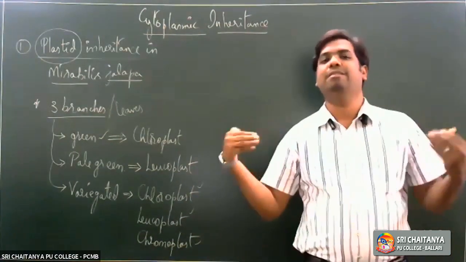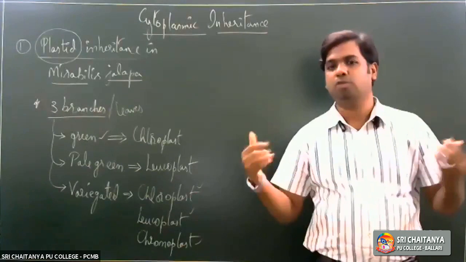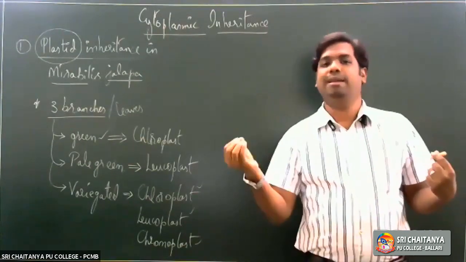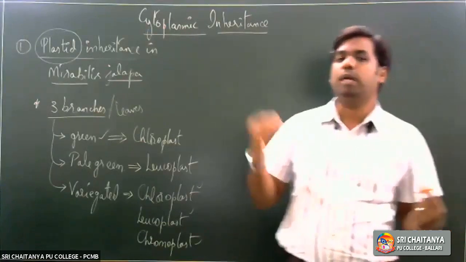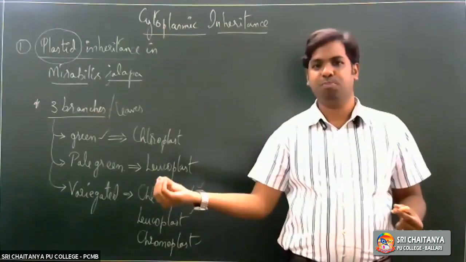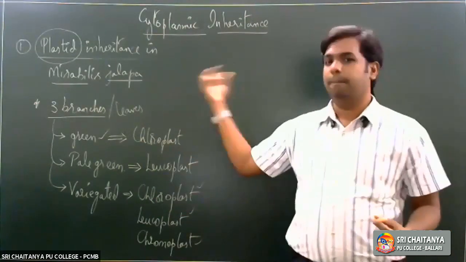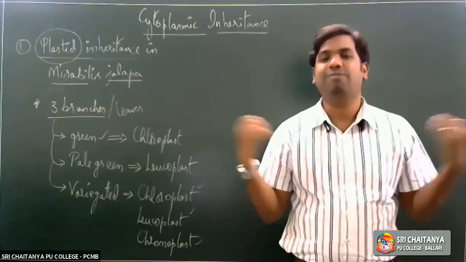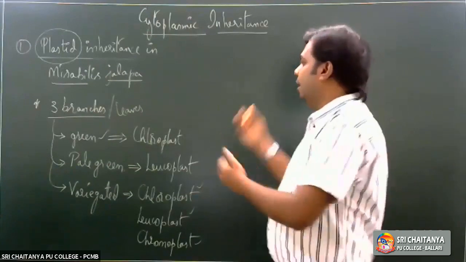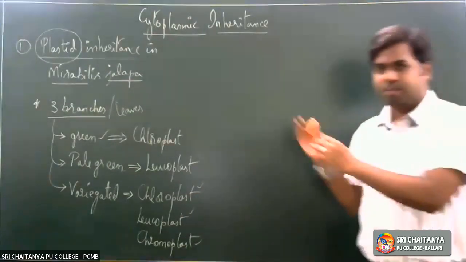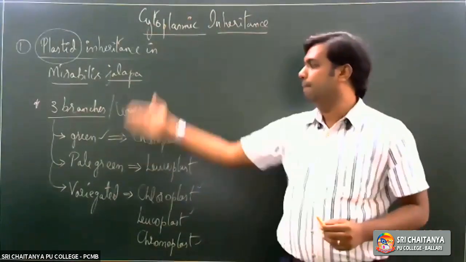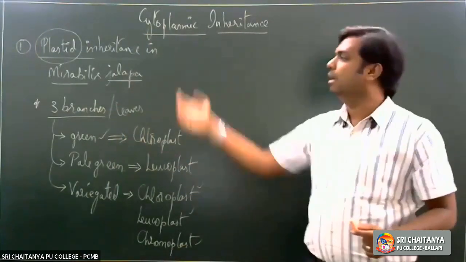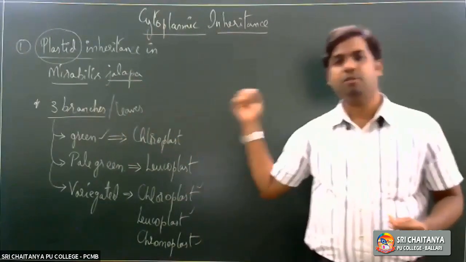Now, since they are present in the cytoplasm, during the process of sexual reproduction, as I've already said, it is the female gamete that contributes the nucleus as well as the cytoplasm, whereas the male gamete contributes only the nucleus during fertilization. Now let us take up a particular cross and see how exactly this branch color or leaf color inheritance happens in this plant called Mirabilis jalapa.